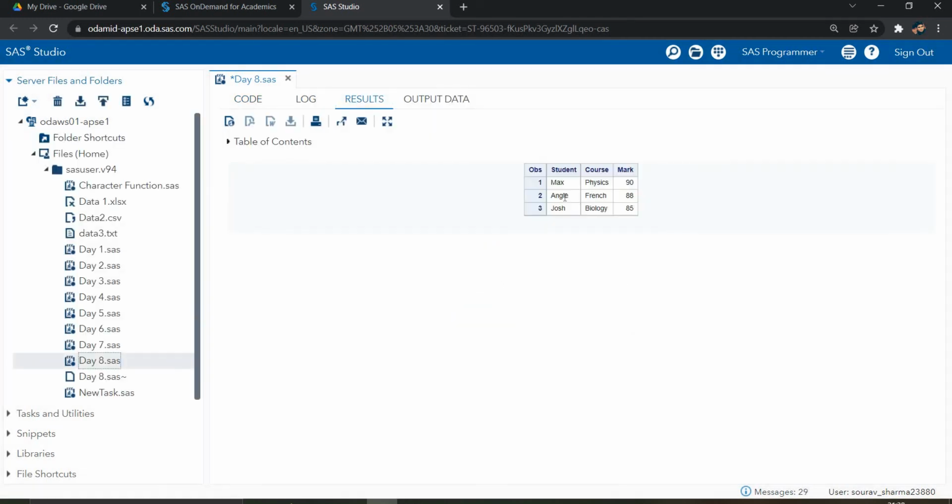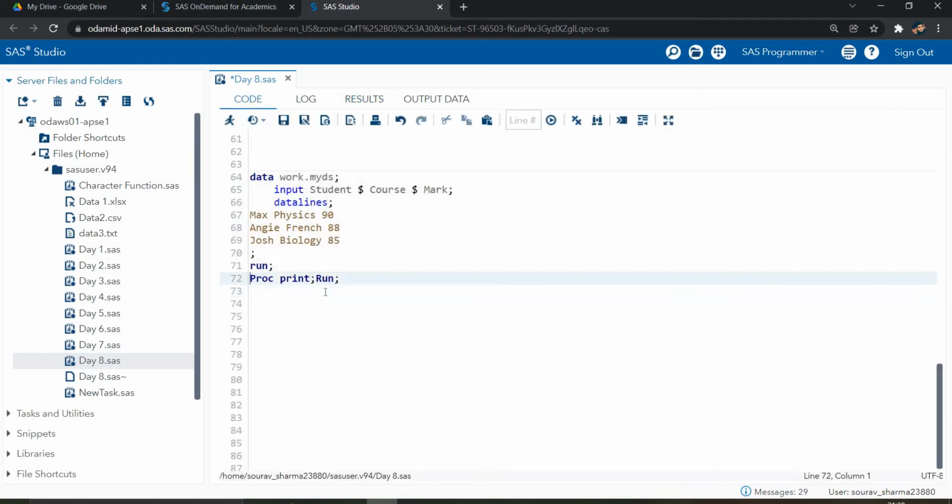Let's see what my data is. We have three observations: Max, physics, physics mark is 90; French course is 80; and Josh, biology, score is 85. Three students we have, and this is the data. Now let's suppose you say I want to change the name of the course to course name. I want a minor change, as course name.